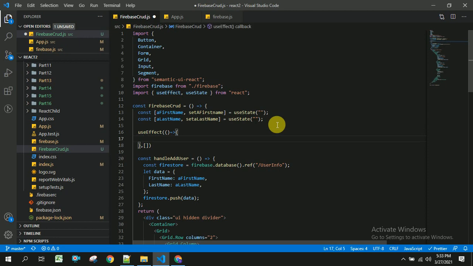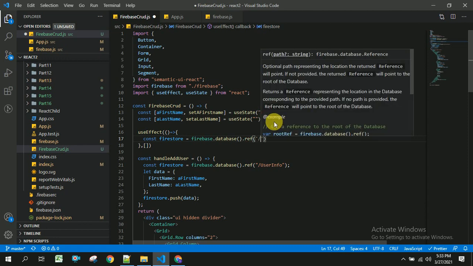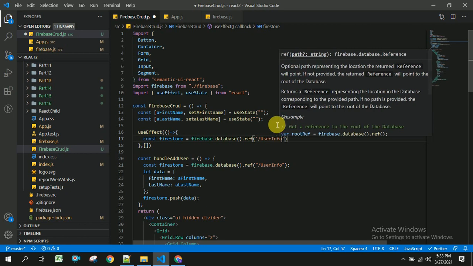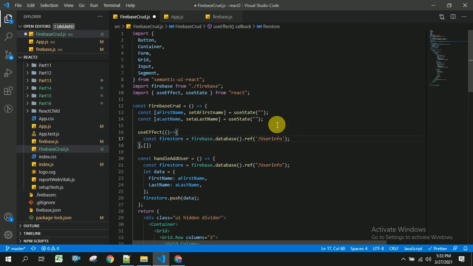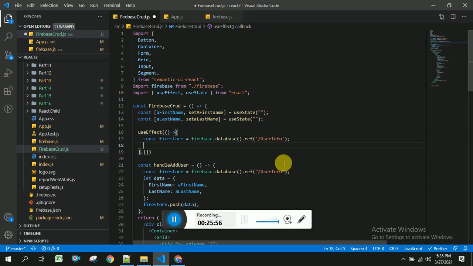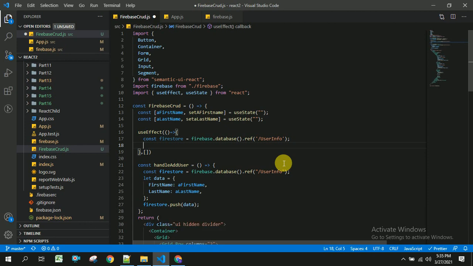Inside this useEffect, I am going to use const firestore equal to firebase dot database dot reference of user info. So we should be able to get the data from Firebase.